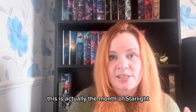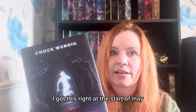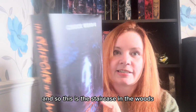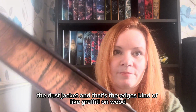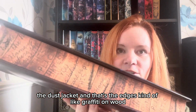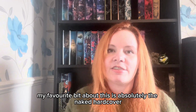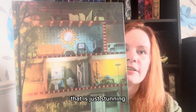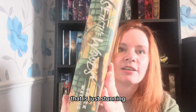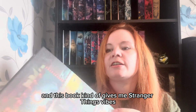This was actually the month for Starbright, but I'm guessing they were a little bit late on the Evernight, and I got this right at the start of May. So this is the Staircase in the Woods, the dust jacket. That's the edges, kind of like graffiti on wood. My favourite bit about this is absolutely the naked hardcover. That is just stunning. This book kind of gives me Stranger Things vibes,